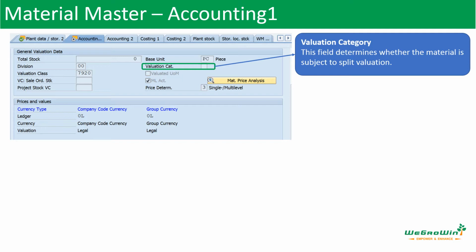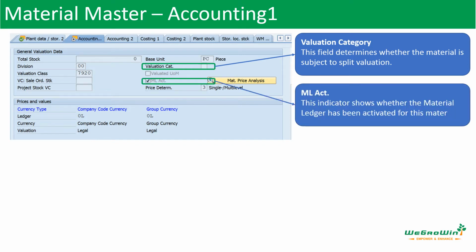For example, a material may be stored in different batches. Each batch may have a different life. A material having a longer life may be evaluated at a higher inventory value, while one with a lower shelf life may have a lower value. According to that, we have to measure the value of the material based on the life. We can use this split indicator.